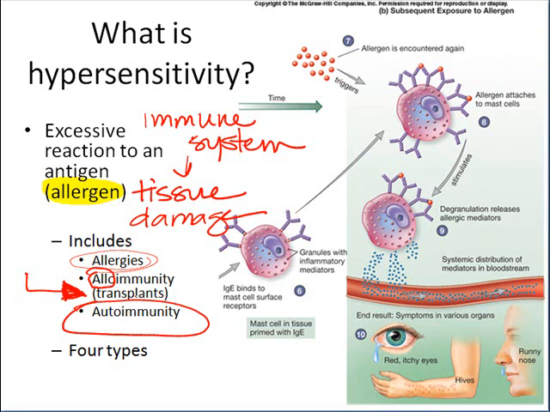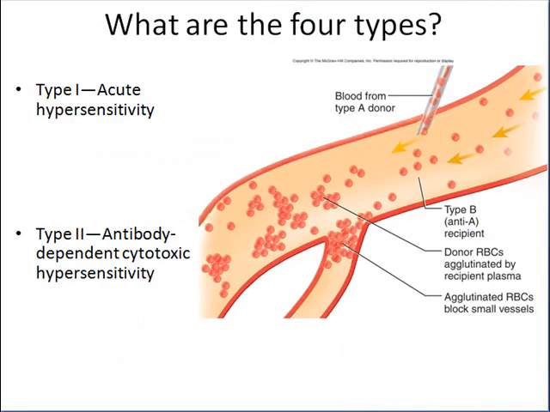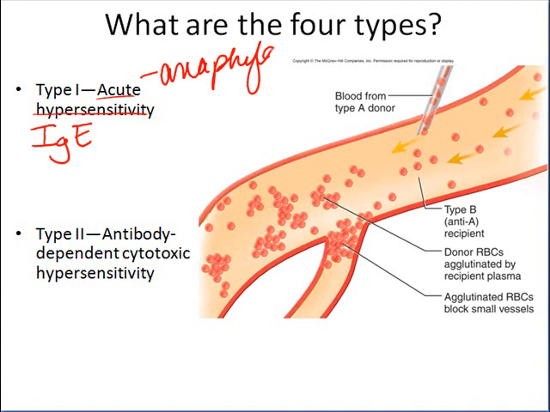There are four main types of hypersensitivity, four ways in which we can induce tissue damage via this immune response. Type 1 hypersensitivity reactions are the ones that are mediated or regulated by immunoglobulin E, antibody E's. This is a type of reaction that's often called acute hypersensitivity, and it's the kind of reaction we see occur in people who get anaphylactic shock from, say, a bee sting, or if they have a severe peanut allergy or whatever it might be,